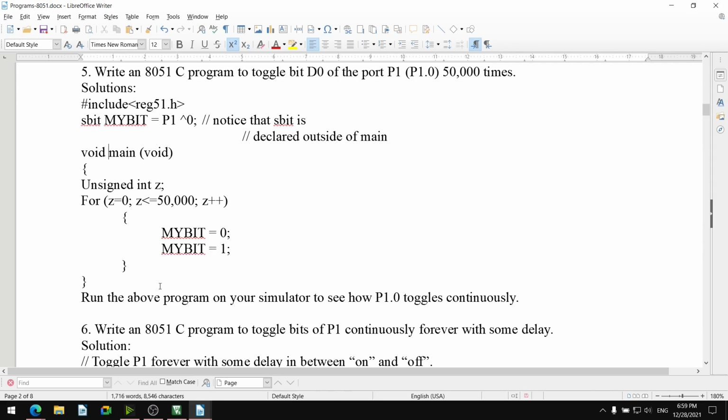Otherwise it will not execute, it will show error. All embedded C programs must be infinite loop execution. Either it will start with the infinite loop or it should be ending with the infinite loop. So it will always be in the infinite loop.